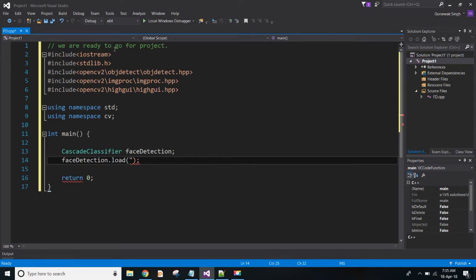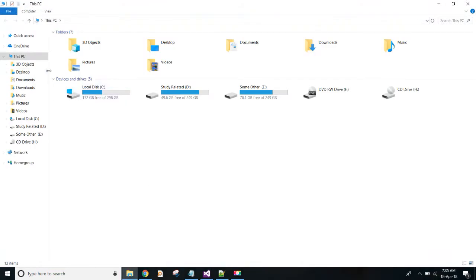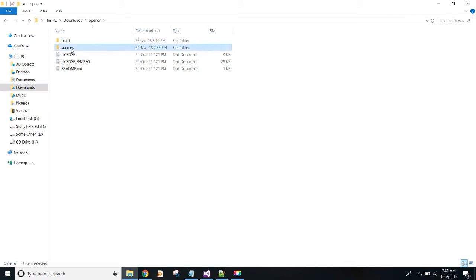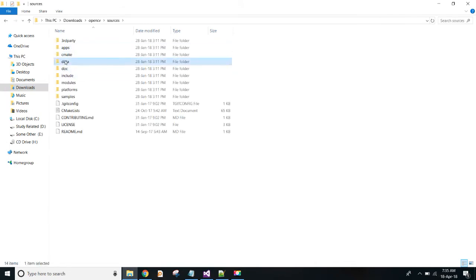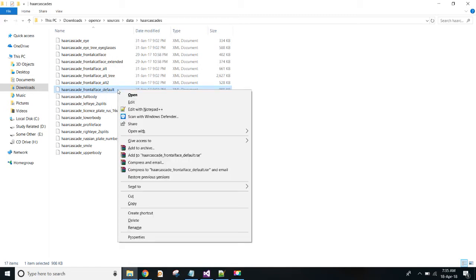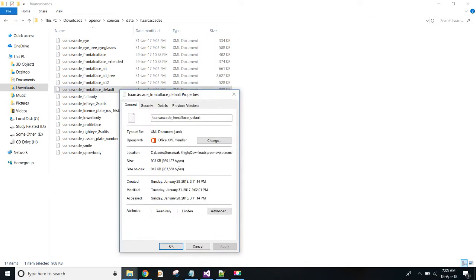Open the OpenCV directory where your OpenCV is installed. My OpenCV is installed in Downloads, opencv. Then click on sources and data and haarcascades, and here the file we are using is haarcascade_frontalface_default. Right click on it, properties, and this is the path. Copy it,